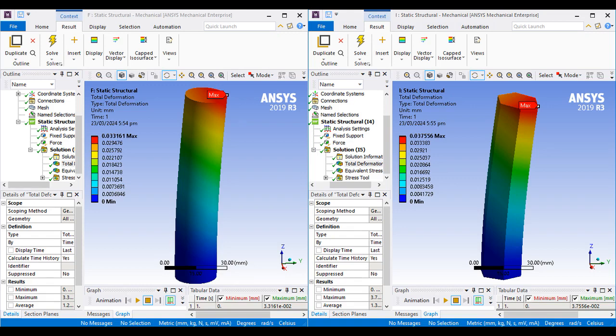Hello everyone. Today we are going to perform eigenvalue buckling analysis of a circular and hexagonal column having same mass